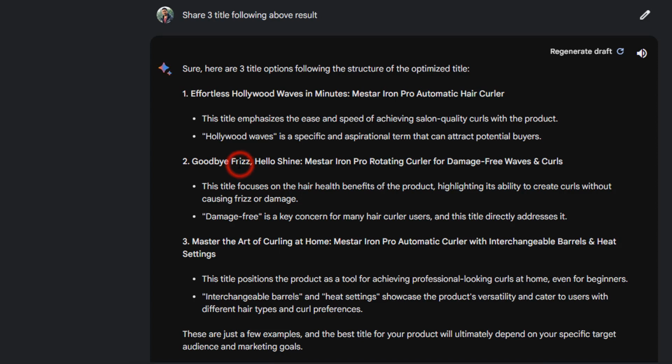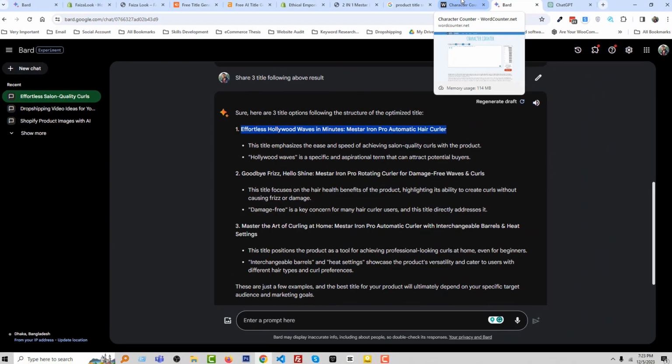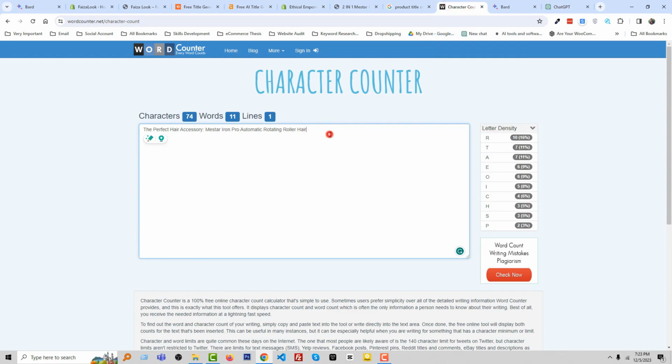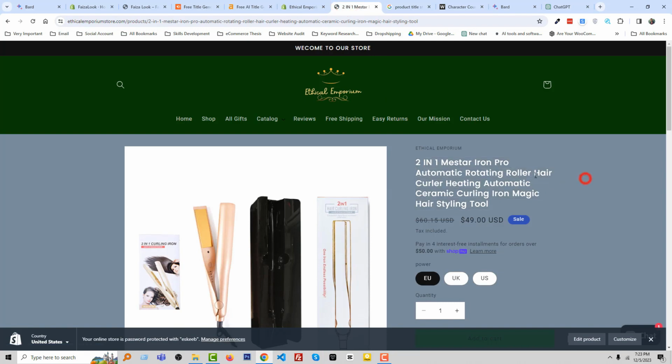And from here we can use the top title. So I hope you understand how we have optimized the title. I will show you the summary again, but before that I'm going to check the total characters: it is 76. So how have we optimized our title? First we selected a product from our store. So this was our product and it was